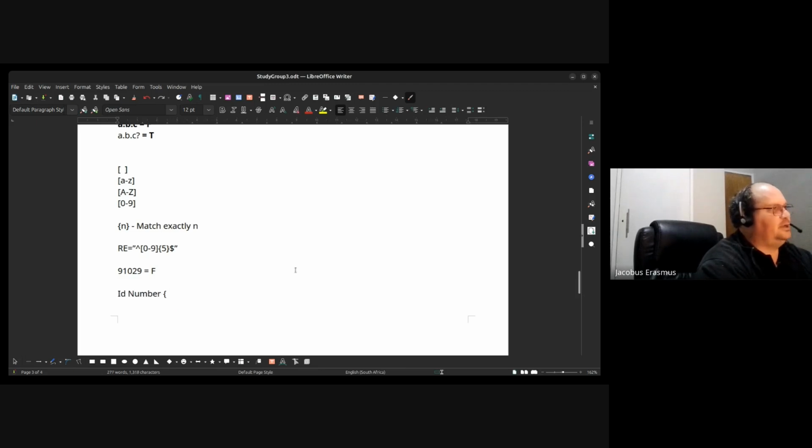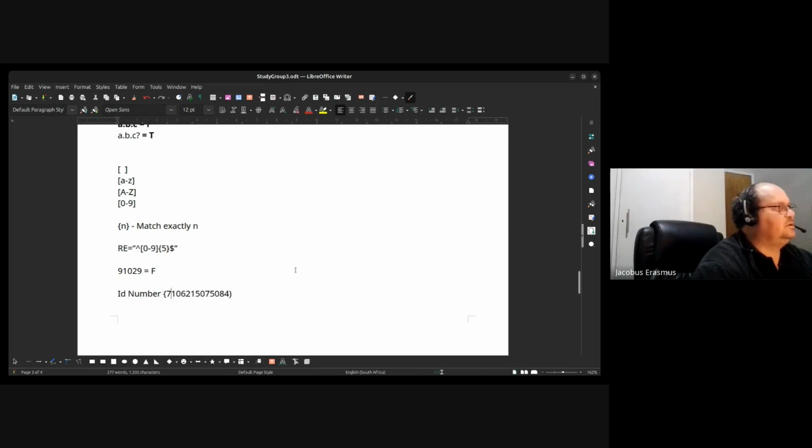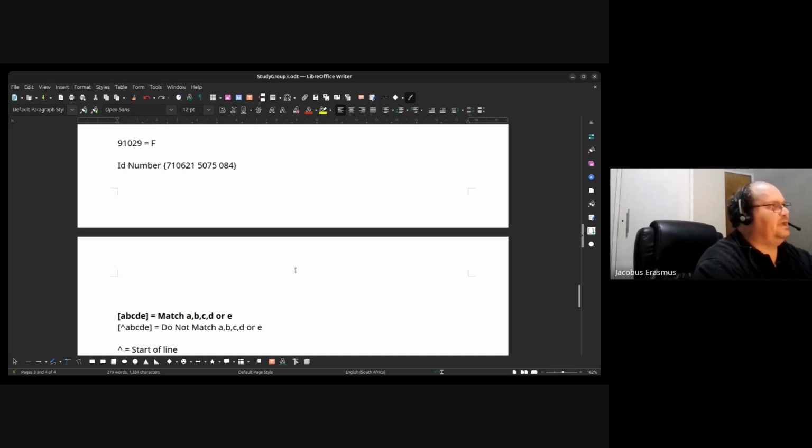An ID number is how many numbers? It's exactly 30 numbers, I think. Let me just count them quickly: 1, 2, 3, 4, 5, 6, 7, 8, 9, 10, 11, 12, 13. It's exactly 13 numbers. So if I want to write a program that says match an ID number, I can